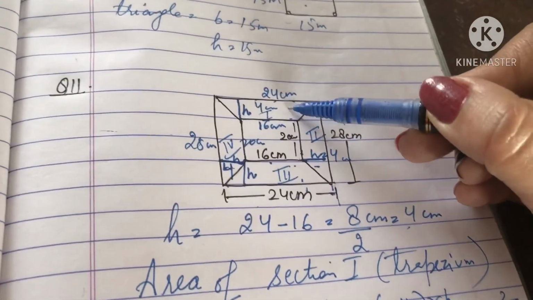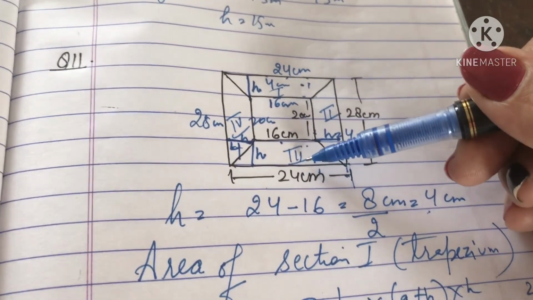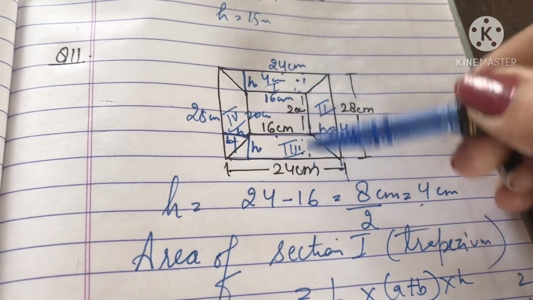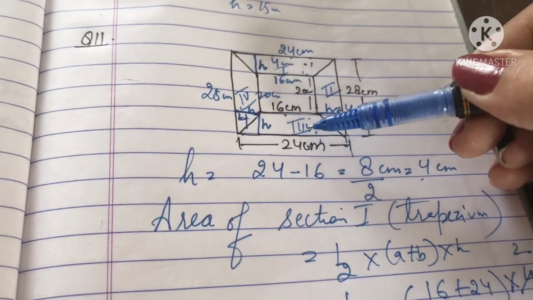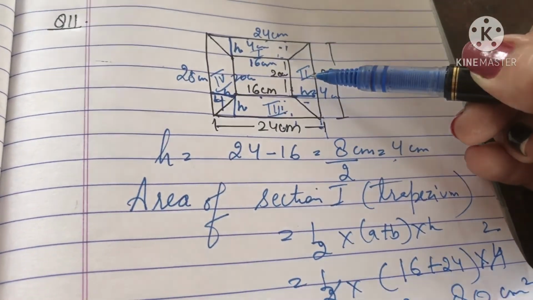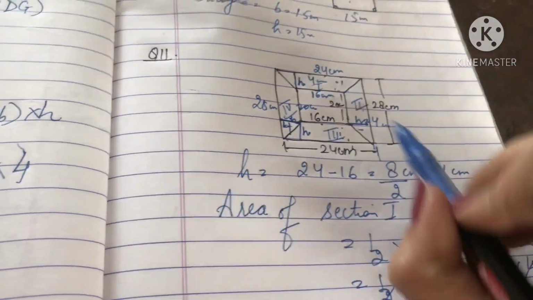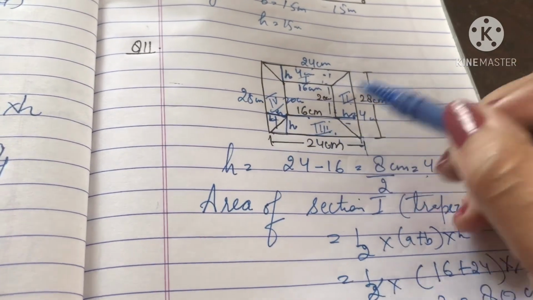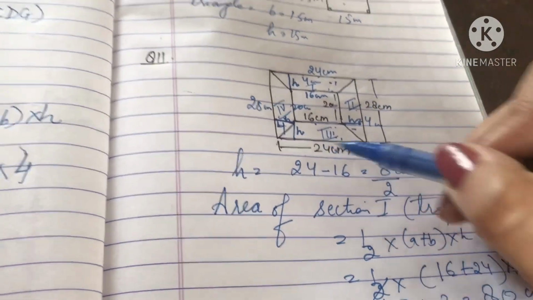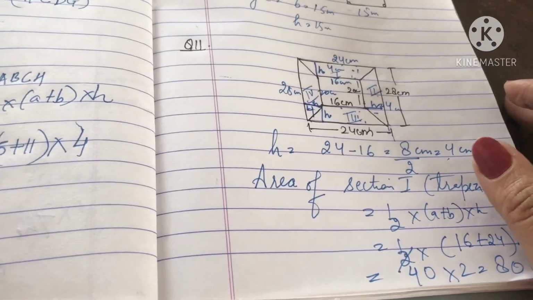So the area of this trapezium is going to be 80 centimeter square, and so will be the area of this one because their dimensions are same. So the area of trapezium 3 is going to be 80 centimeter square. Now you can find the area of trapezium 2 and trapezium 4. You will not add all these 4 because they are asking it separately. So no need to add. And here we finish the exercise 11.2.